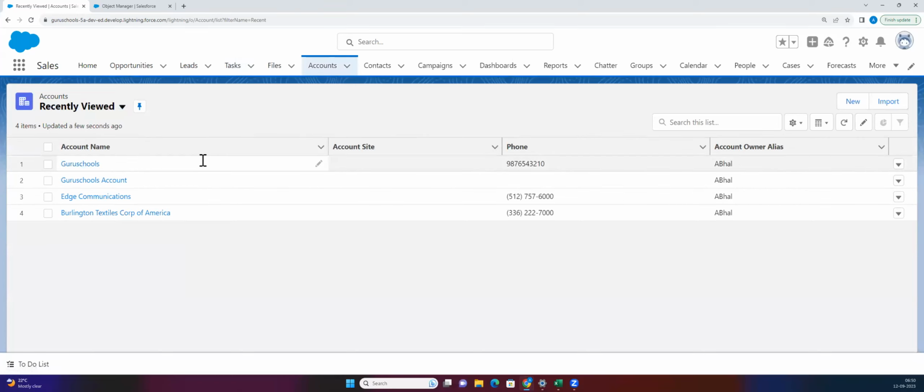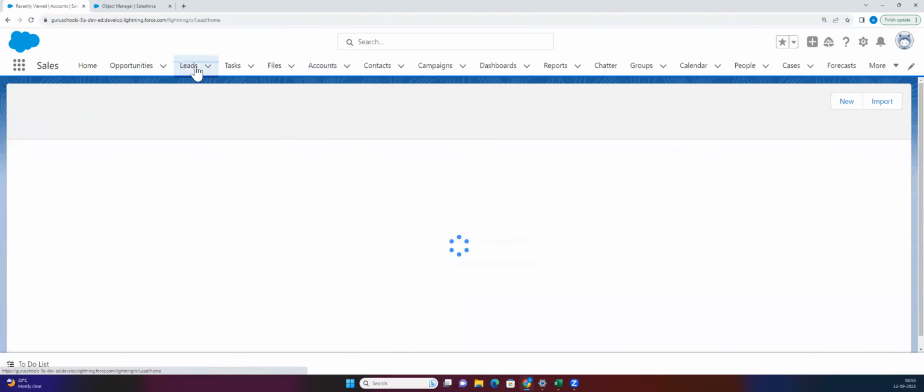Let's say that we have a list of accounts, for example, Infosys, Cognizant, and other companies. Okay, and these are the companies with which we are doing business. Okay, so when I converted that lead into account and contact, what happens is